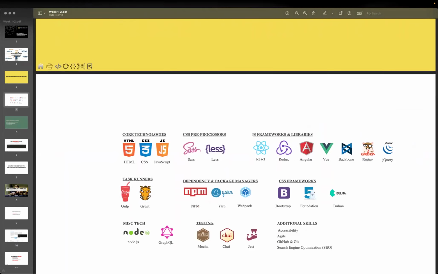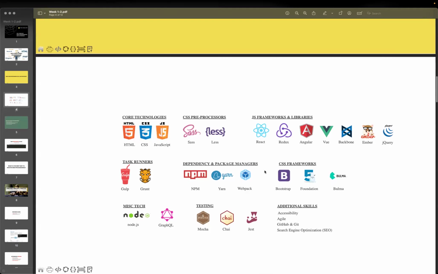There are so many in the industry. Right here you see a lot. I cannot cover everything, but I'll try my best to teach something and let you gain experience. So right here we're using React.js, but of course we have so many, like AngularJS, which is popular, and Vue.js is also another popular one. And jQuery is something we will use for connecting with the API server, testing, npm, webpack. All of this we use for dependency